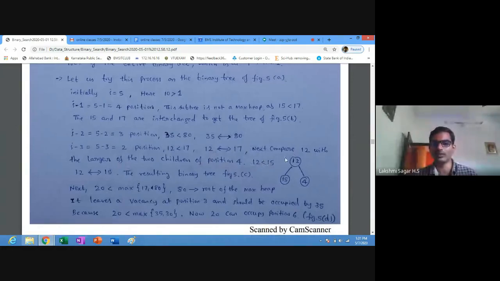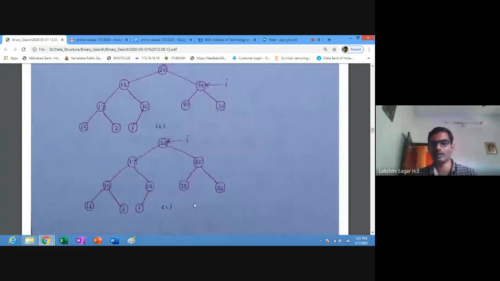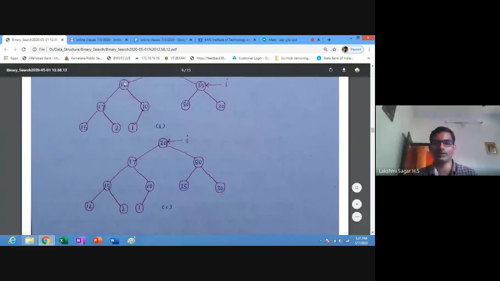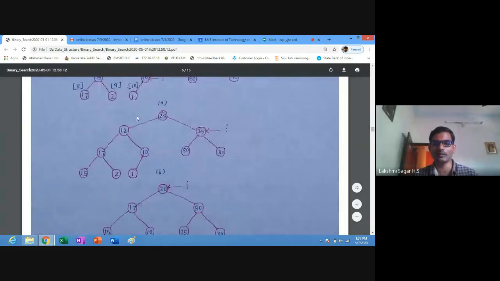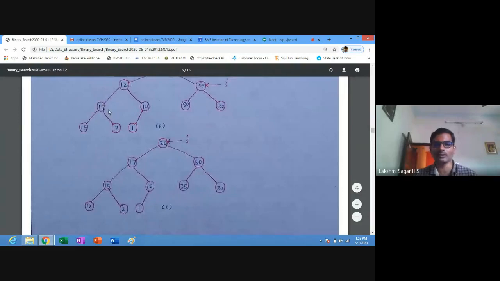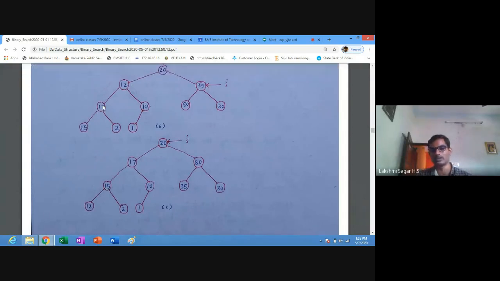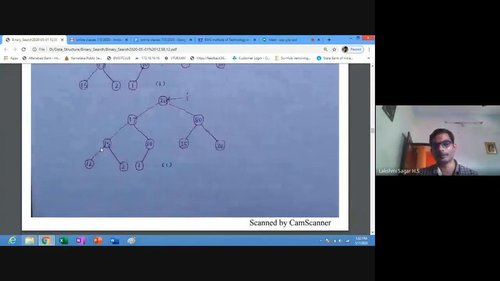Here 12 is less than 15. The resulting diagram is in figure C. So 17 is moved up. Now 12 is less than 15, so 12 is to be moved down and 15 bubbled up by one position.